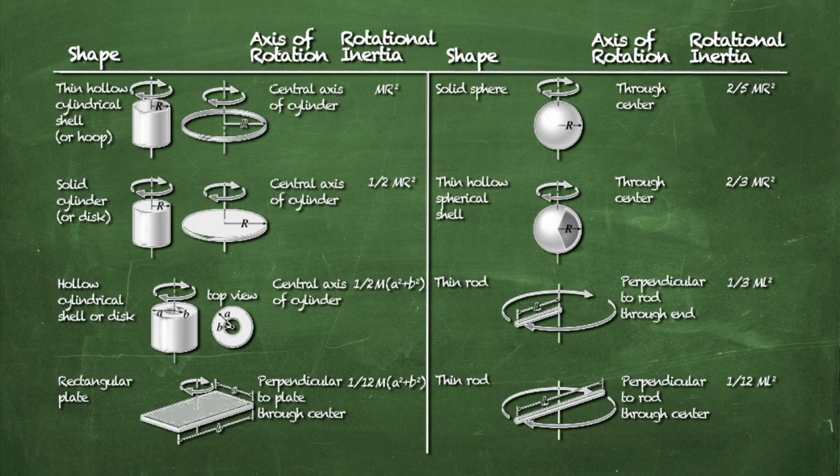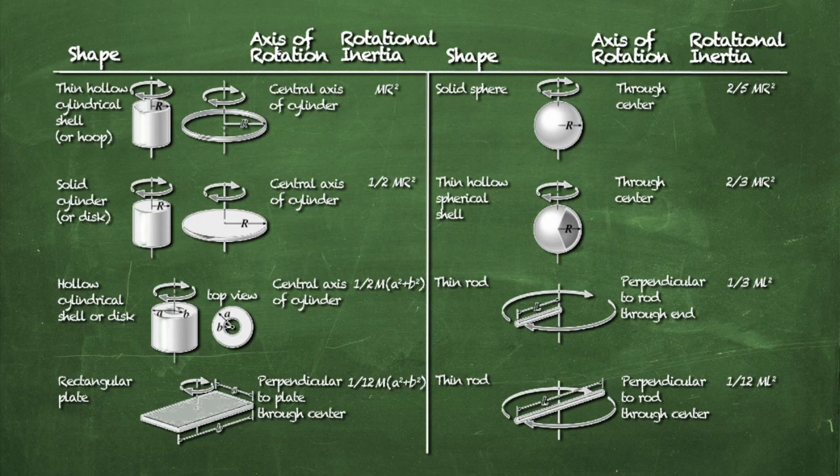So for a thin, hollow, cylindrical shell, think of a soup can for which you've cut off both the top and the bottom lids. So you've cut off both lids of a soup can and you're left with a cylindrical shell. And you're rotating it around the long axis of the cylinder. In that case, all of the mass is at the same distance, r, the radius of the cylinder, from the rotation axis, or a hoop, a hula hoop, or a bracelet, in which case you're rotating it around an axis